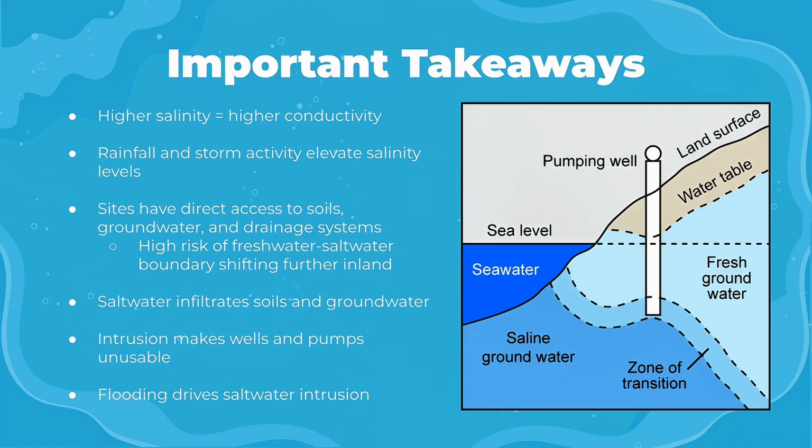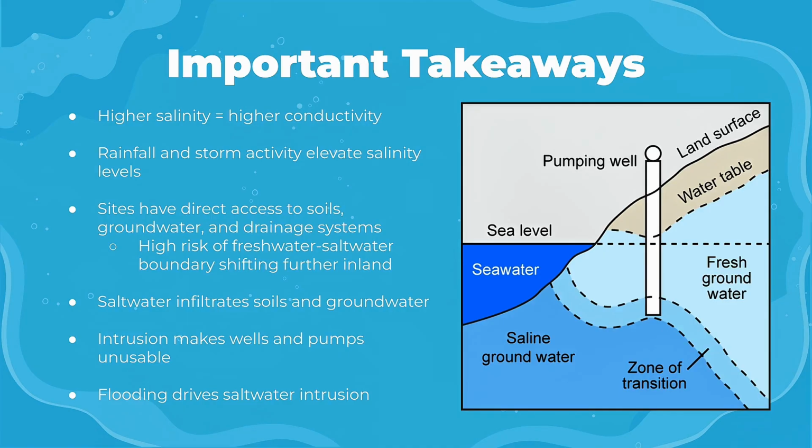To conclude, our findings show that salinity and conductivity are positively related. Moreover, heavy rainfall and storms push coastal waters more inland and even more severely in high tide conditions. And because of this, salt water is more likely to mix with floodwater, causing higher salinities. This explains why October 12th, when the nor'easter occurred, had the highest ratings in both conductivity and salinity in comparison to the rest of our other testing dates.